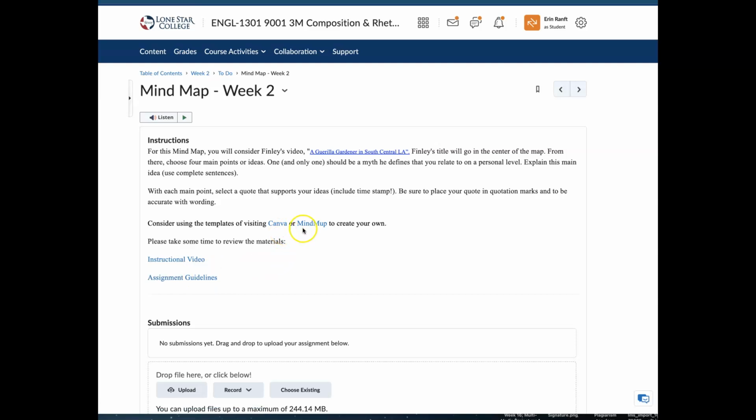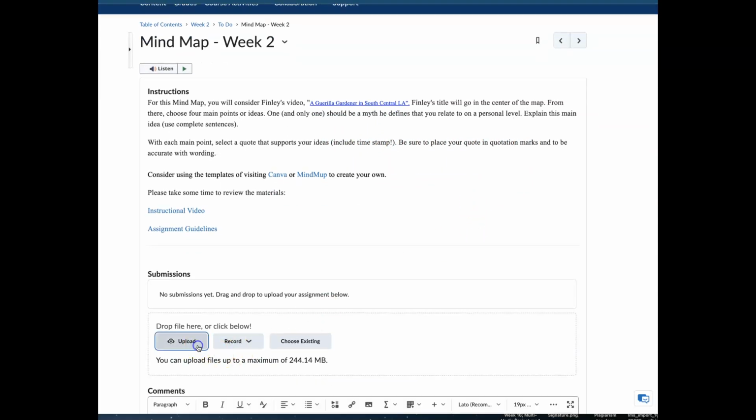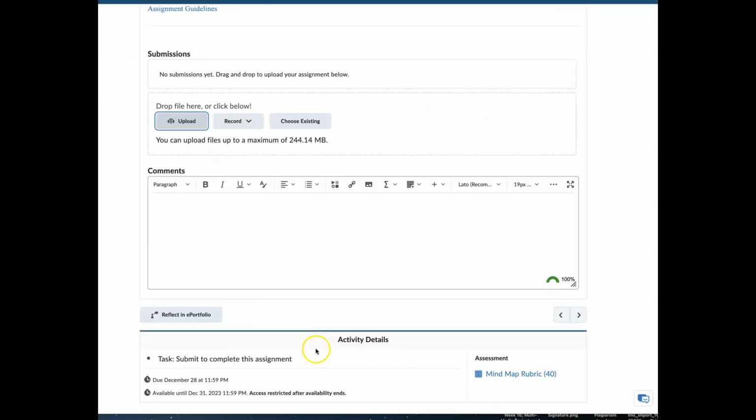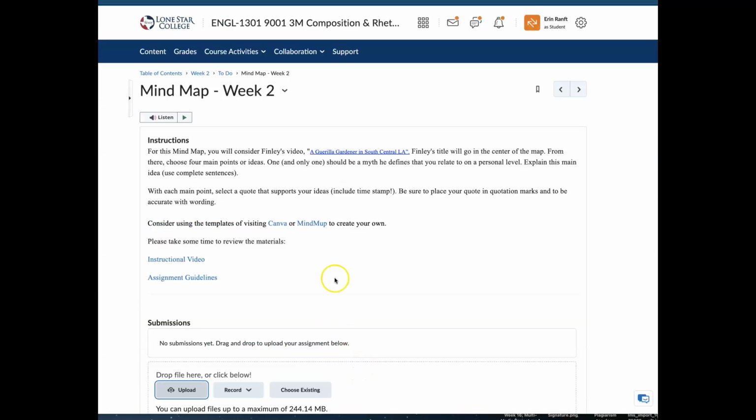It needs to be digital, so don't handwrite, because that makes it a little bit harder for me to grade, especially with different styles of handwriting, and I need to be able to see those quotes clearly. Select a quote that supports your ideas and include a timestamp, right? Make sure that you have those quotation marks and have accurate wording, and then you just click upload and find your document wherever you have saved it, and then you'll click submit when you have that document uploaded.